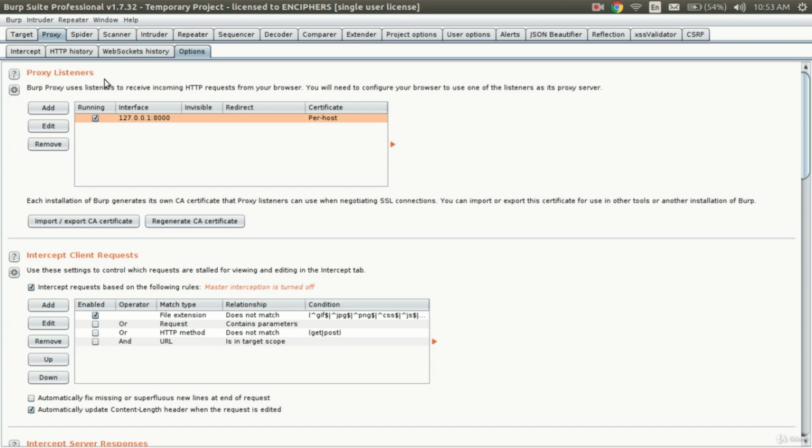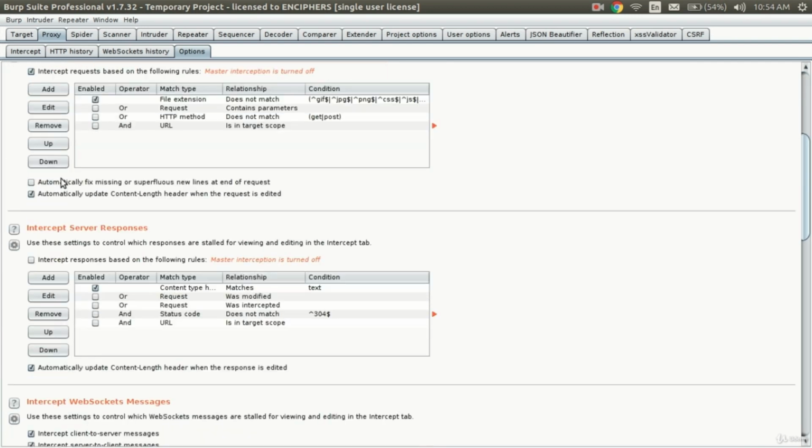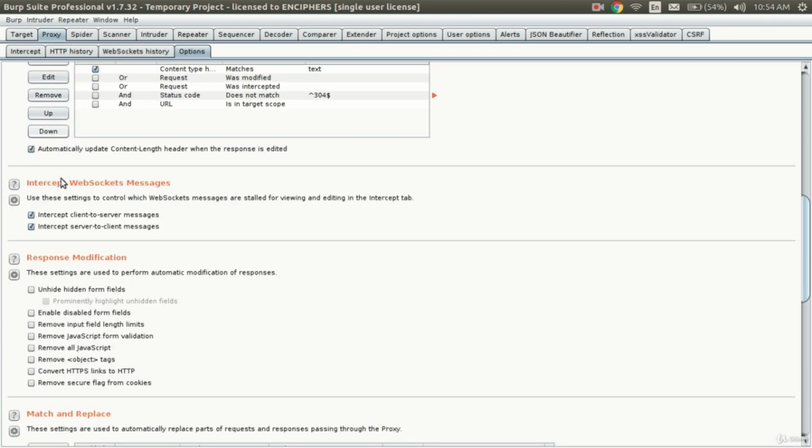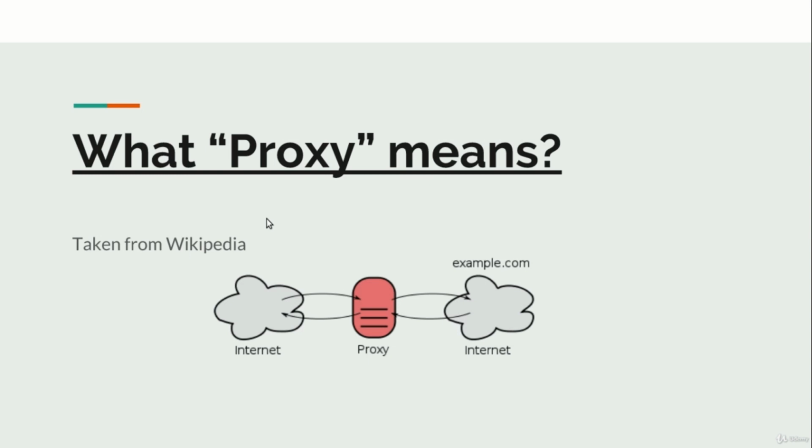You have already seen this tab in the second video when we were setting up Burp Suite, and after that there are options to intercept client requests and intercept server responses. Looking at the picture, the client, that is you, sends a request to Burp Suite, which sends the request to the web application server.